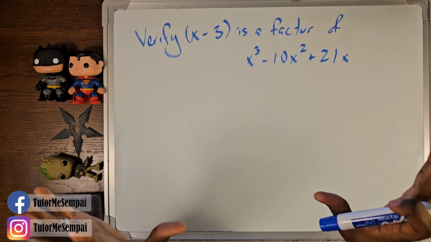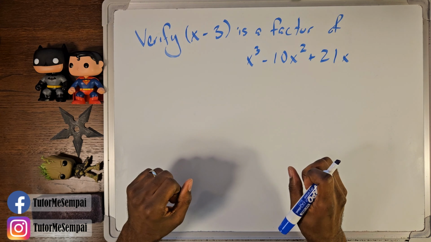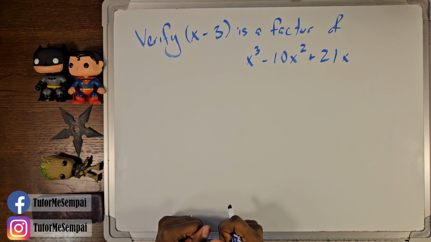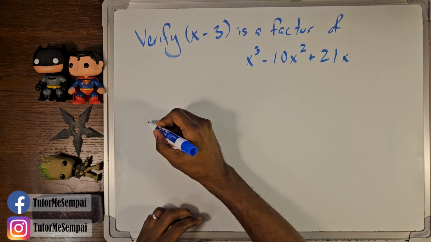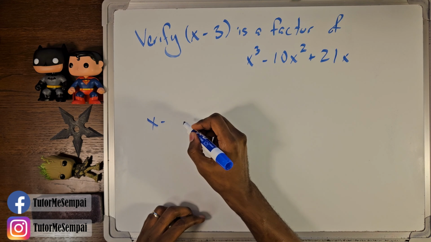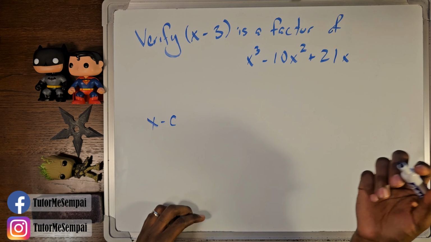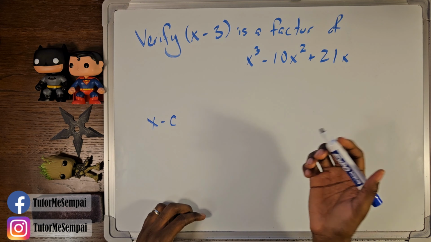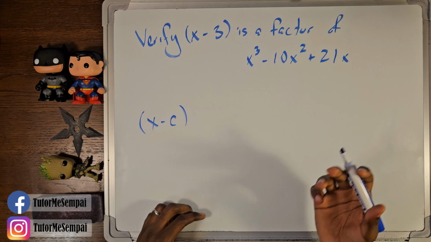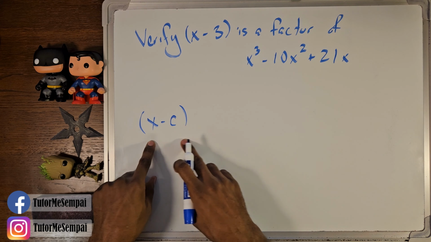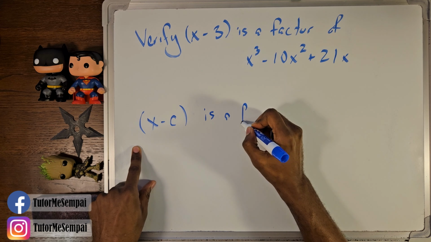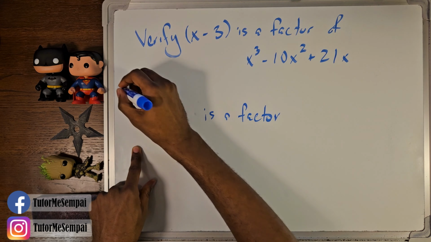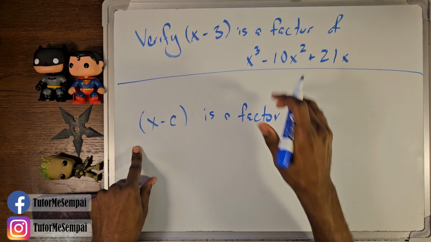But before we jump into actually solving this type of question, let's first talk about what the factor theorem is. So let's say we have an arbitrary or generic potential factor. We don't know if it's an actual factor. And let's just say it's x minus c, where c is going to be some constant, right? The factor theorem is going to say that this is a factor,